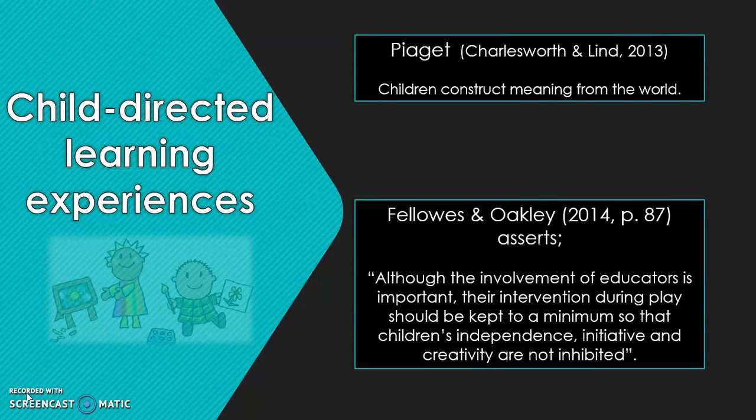Fleer and Oakley. The main point signified here is that children need the chance to experience incidental learning, not always being structured activities from an expert. Children learn from their social and environmental context. They must be given the chance to learn through self-directed play. When children learn through play, they are constructing meaning and a deeper level of thinking about the world.